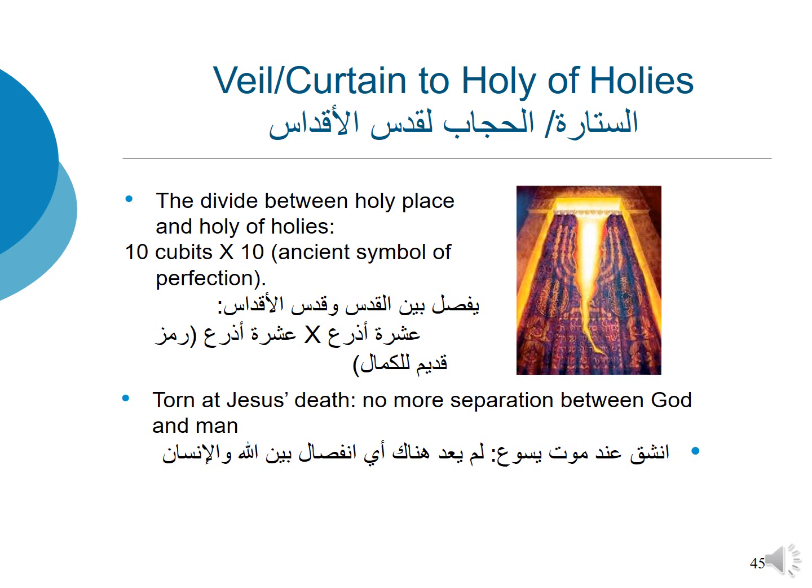Which was amazing, given how thick this curtain was. وده كان شيء شبه مستحيل لأنه كان الحجاب ده فعلا سميك جدا. And the tearing of this curtain was precious because it symbolized no more separation between God and man. وده كان شيء رائع جدا رمز عظيم إنه ما فيش بعد كده خلاص بعد ذبيحة المسيح ما بقاش فيه انفصال